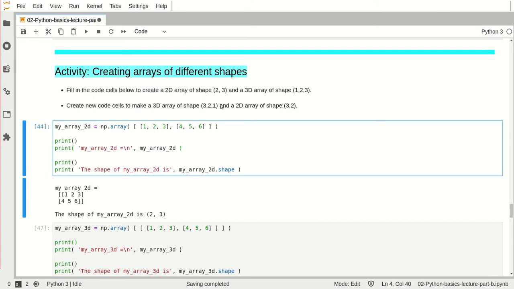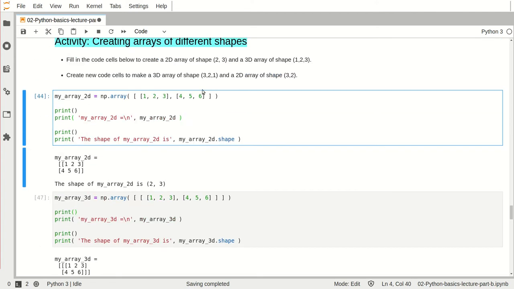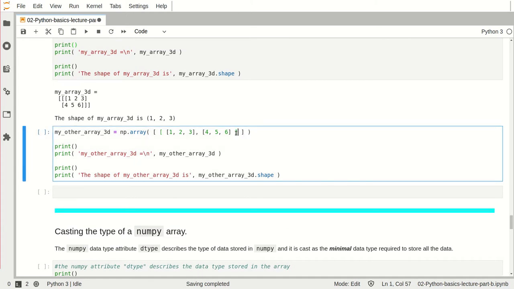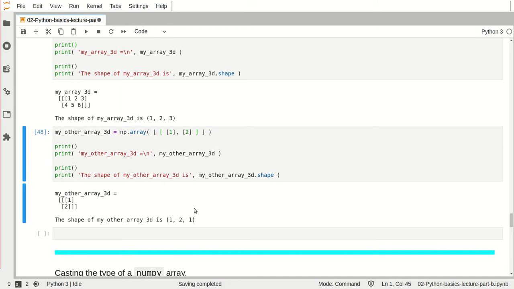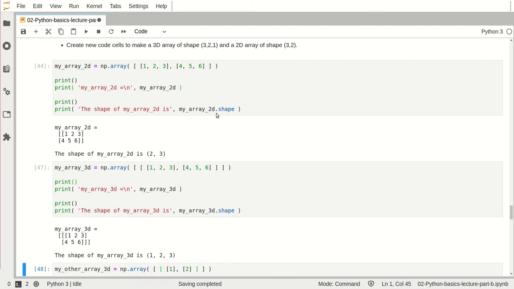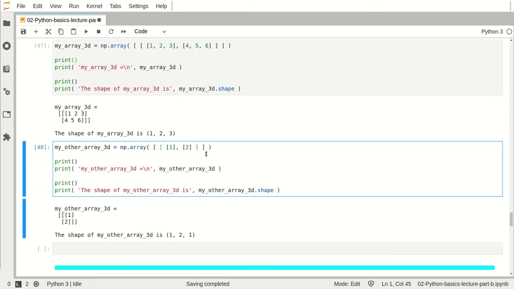In order to make a 3 by 2 by 1, what I'm saying is I want 3 different 2 by 1 arrays. So in this case, I want to create 2 by 1 arrays. So 2 rows, 1 column. There's my first row. My second row, there's 1 column in each. If you were to just look at this one, this is a 1 by 2 by 1. See, it's 1, 2 by 1. I want 3 2 by 1s though. So what I want to do is kind of similar to what I said before. I want to create